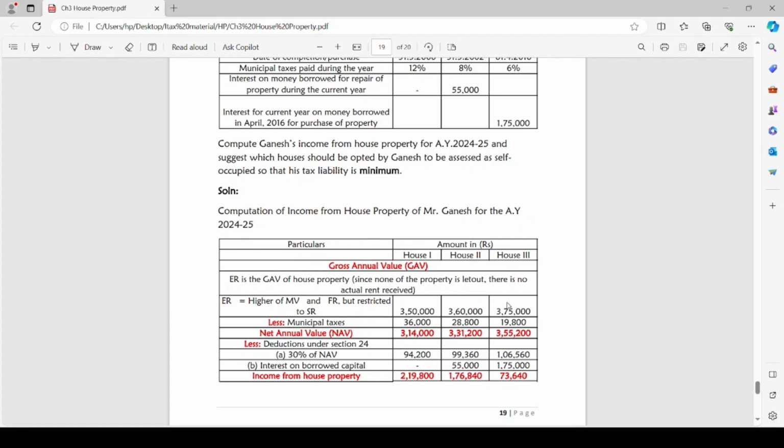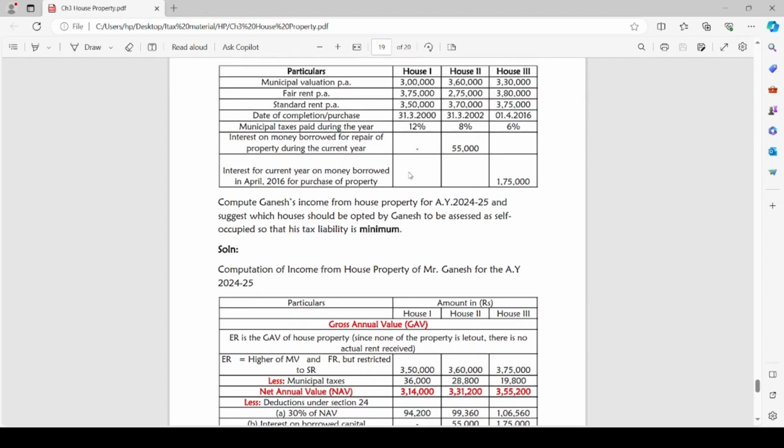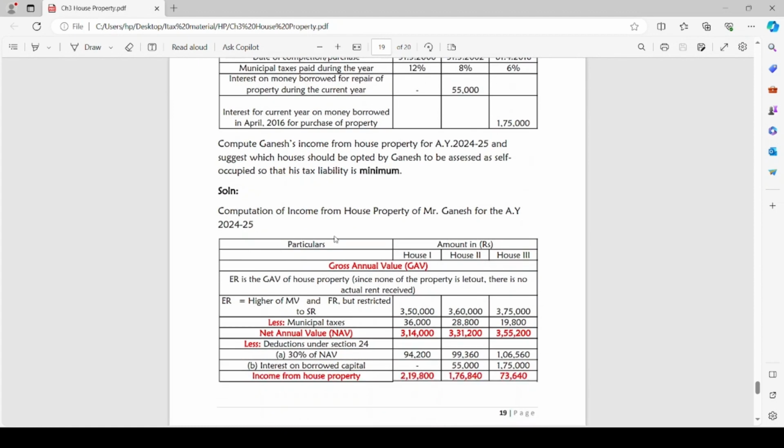The next deduction is interest on borrowed capital. For house property number 1, there is no borrowed capital, either for A or C or RRR. For house property 2, there is a deduction. The interest on money borrowed for repair of property during the current year is rupees 55,000. So for house property 2, we can claim the deduction of rupees 55,000. Here,